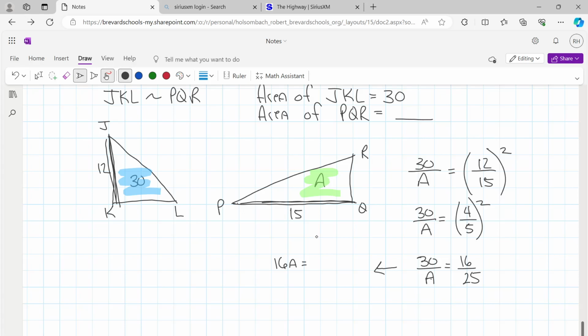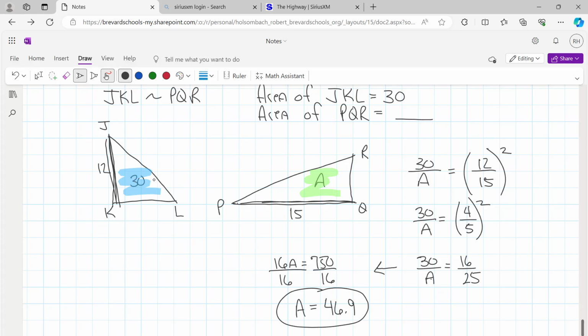$30 times 25 is 750. Going to divide both sides by 16. And the area of the bigger shape is equal to 750 divided by 16, which is 46.9. Questions? Okay, so